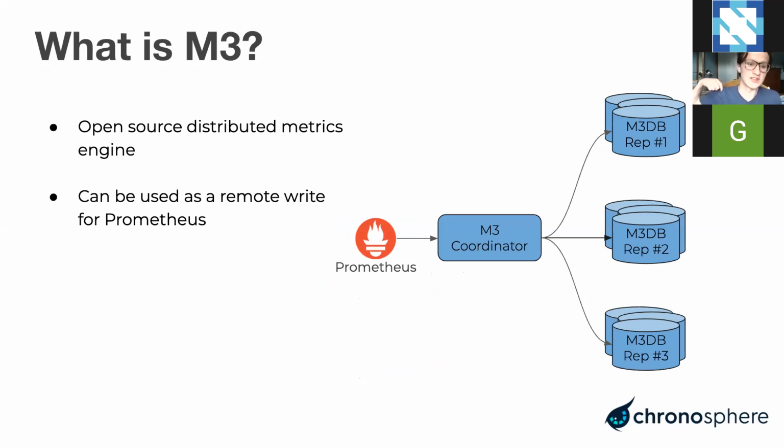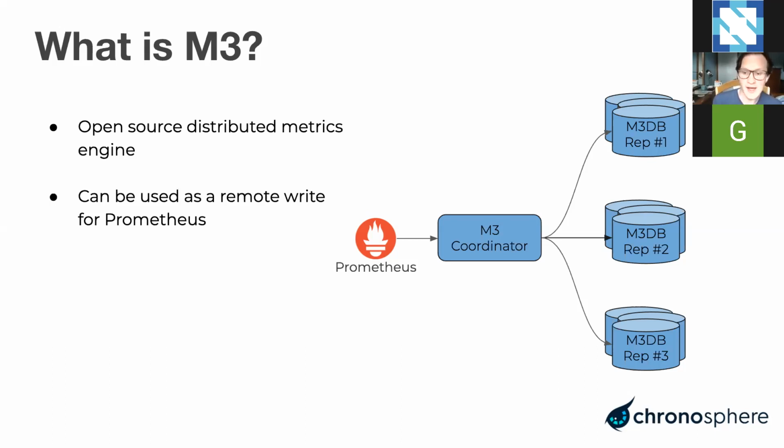M3 is an open source distributed metrics engine. The notable difference between the metrics engine of M3 versus many others is its distributed nature. And it is highly compatible with Prometheus. It can be pointed to by Prometheus, so your single Prometheus or many can just direct all of their read and write traffic to M3, and M3 can be the horizontally scalable distributed system solution to the limitations that exist with a single node